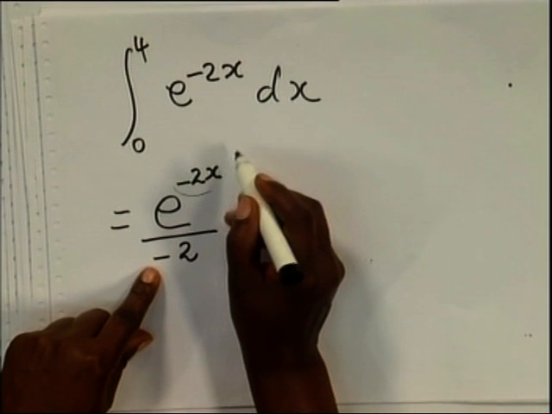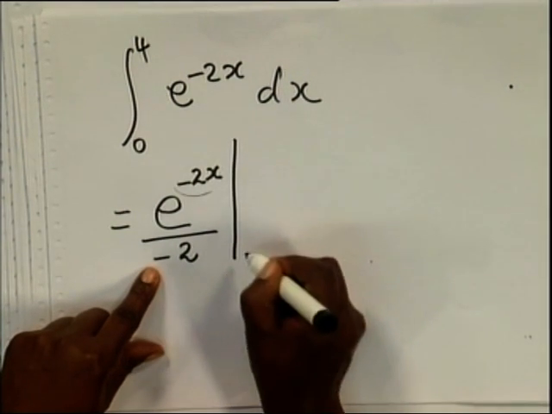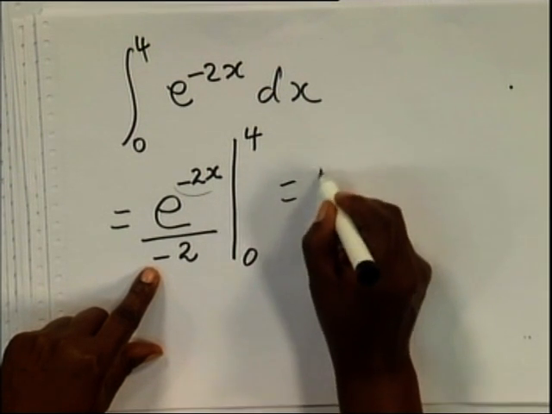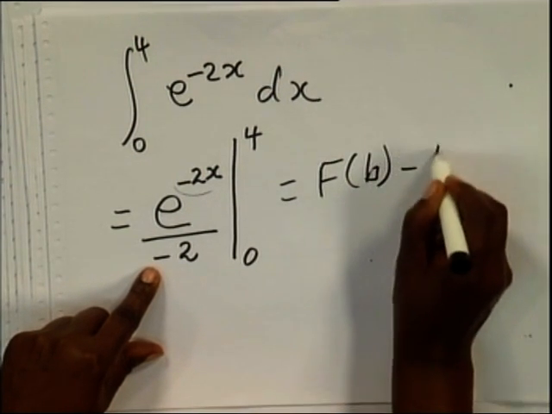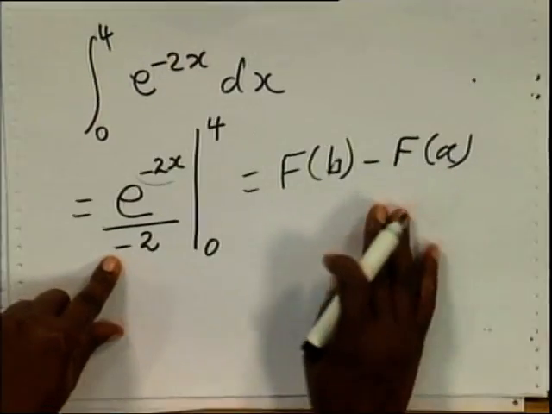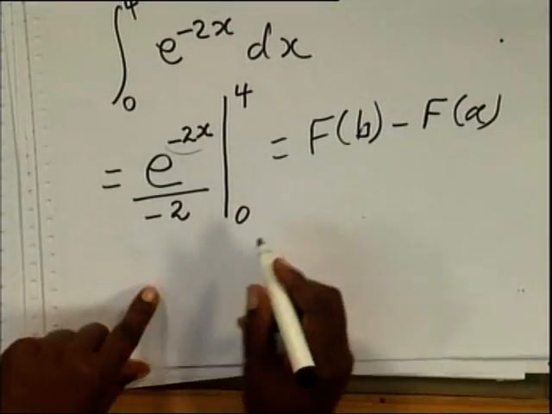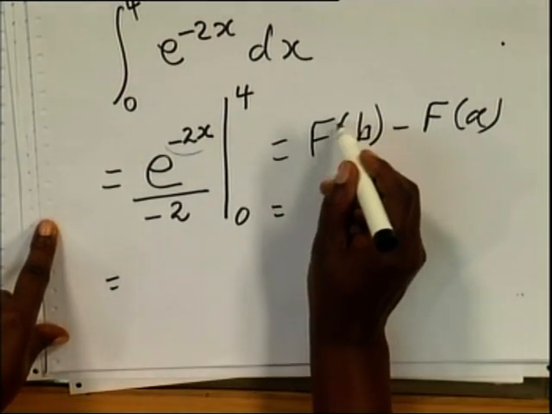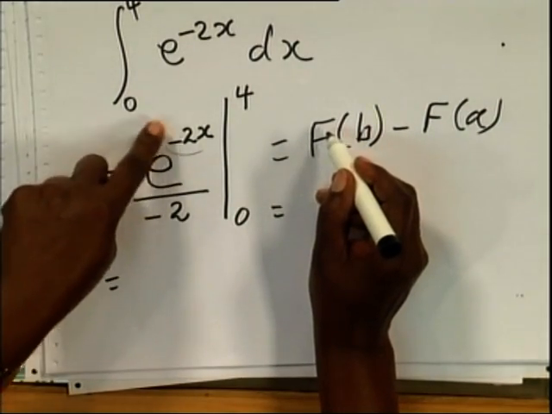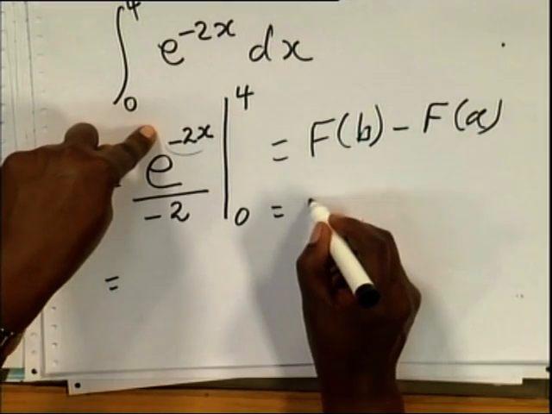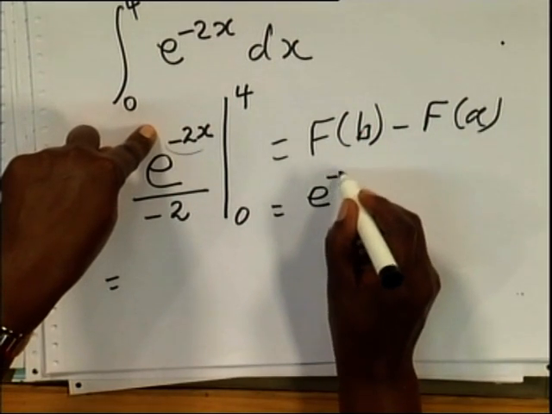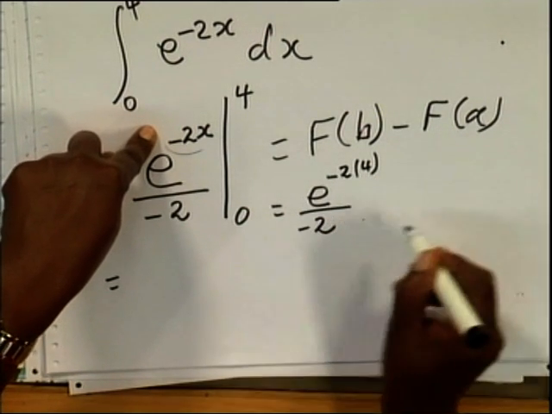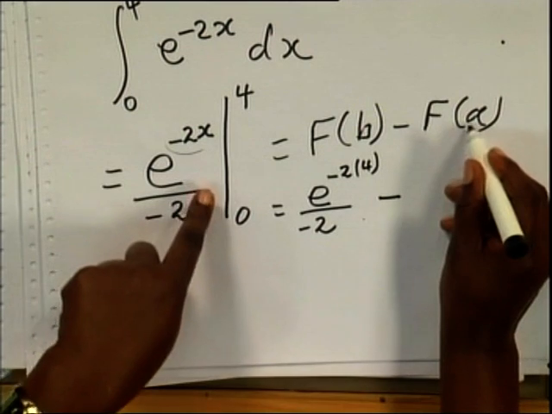And it is a definite integral. Then I'm going to evaluate this from 0 to 4. This is the same thing as F of b minus F of a, definite integral. I'm going to put my f here, my antiderivative is this one here. Put my b, which is going to be e to the power minus 2 times 4, over minus 2, minus F of a,